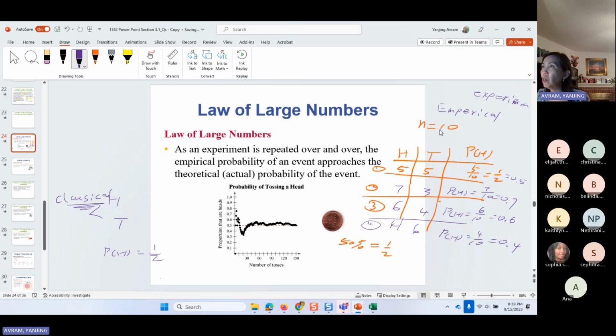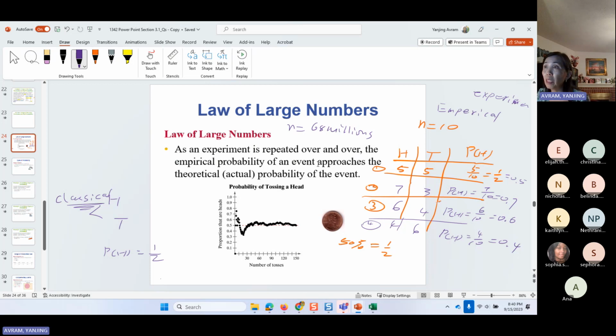But if you flip the coin many times, not just 10 times, like on the Raker, 68 million times. That is a lot of flipping. If you flip the coin 68 million times, guess what? It's going to get very, very close to 50 and 50. All right, so that is called the law of large numbers. As an experiment is repeated over and over again, like on the Raker, flipping a penny 68 million times,